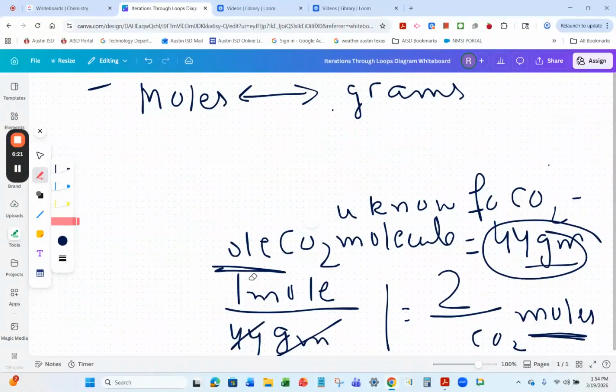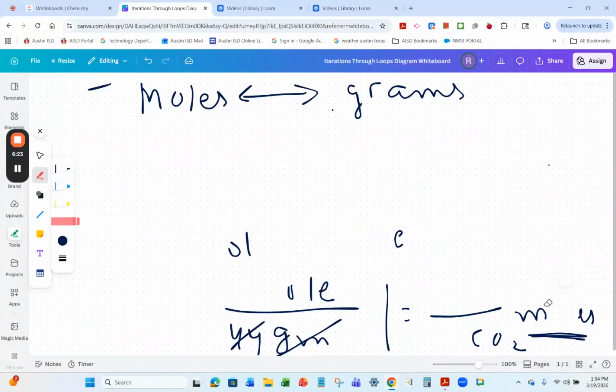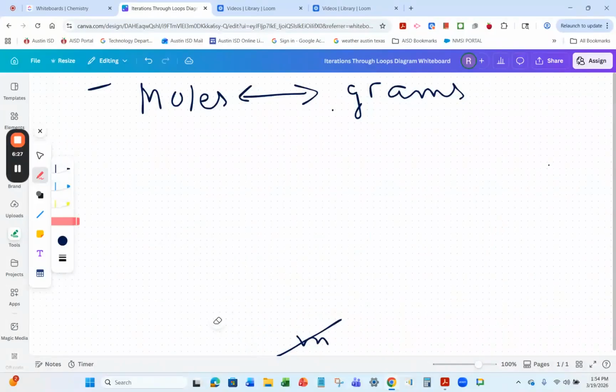Here we go. So same thing. First, always write down what you know. Then it's very easy to figure out which conversion factor you want to use. Let's say this is your question. Let's do it a different way. Let's say you need to find